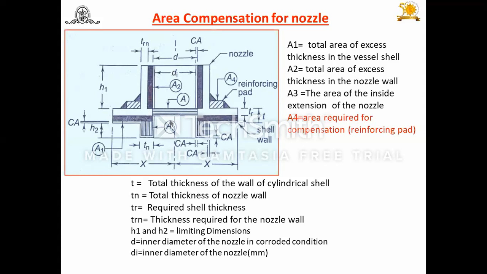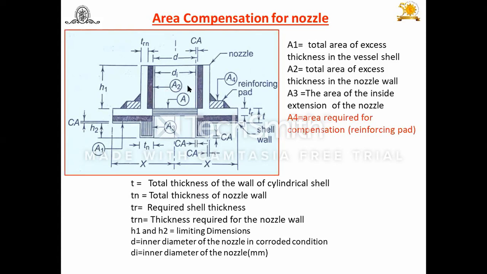A1, look at this now here. This A is the material which is removed to fit this nozzle here. But how to compensate this A? A is compensated by A1, A2, A3 and A4. You can say this area which is removed is equal to A1 plus A2 plus A3 plus A4, or A1 plus A2 plus A3 plus A4 may be more than A or less than A. I will explain that condition also, when to go for a reinforcing pad or not, or whether that added area is sufficient at the vicinity.